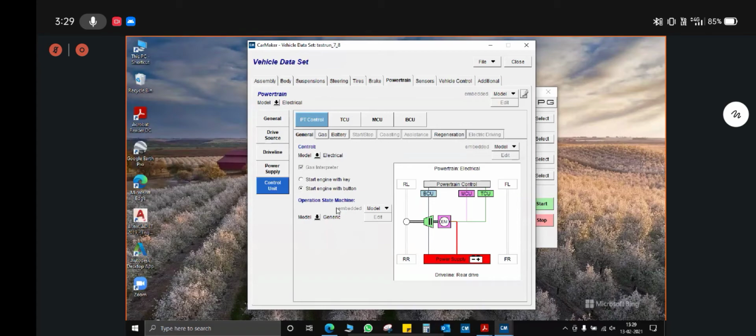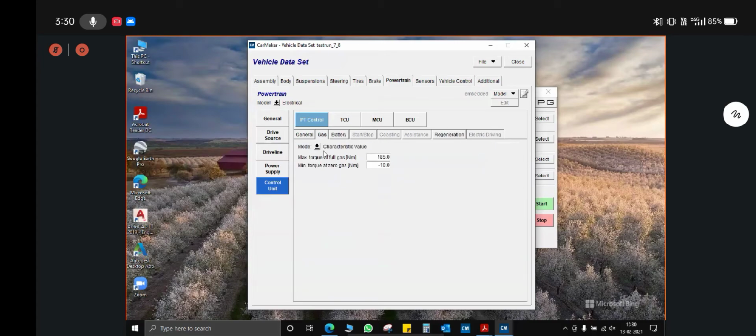If you select the model as generic, okay, then you have the option to edit the gas interpreter tab here. So gas means the accelerator pedal only. You have to remember that. Or if you select the electrical model, then it will simply be off. Or it will be kept on only as default, and you have to go to the gas tab and define the maximum torque at full gas, minimum torque at zero gas, characteristic value 1D lookup table or 2D lookup table. Please ensure that vehicle maximum speed should not be greater than 60 km per hour.